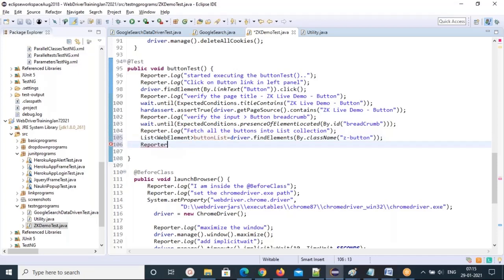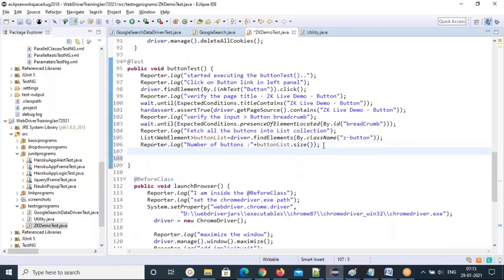Reporter.log number of buttons. So this collection name buttonList.size() method, you can use, right?